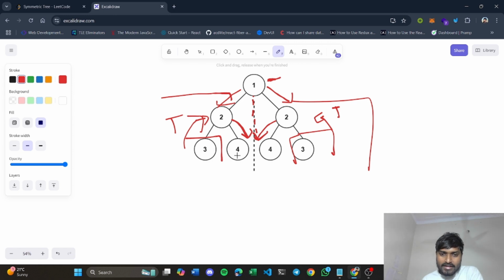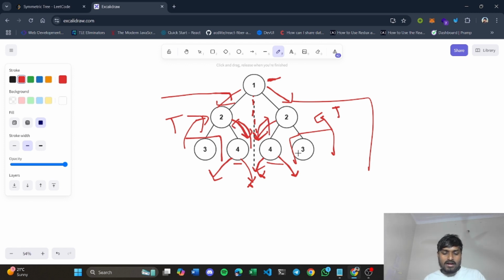Again you come to node 4, so you will call for the left part of the node on this side, and the right part of this 4 on this side. Both are null, so it will return true. Again you come to 4, you call for 4 right here and 4 left, and again both are null, so they will return true. So again 4 will return true.